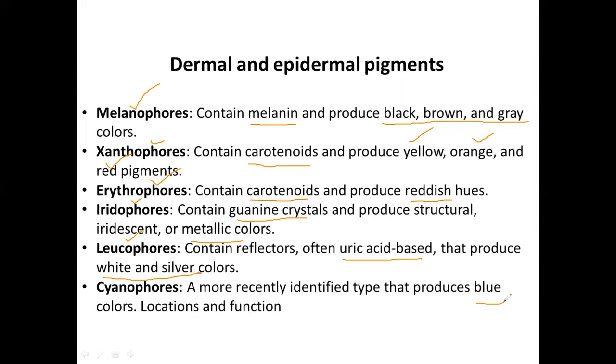So these are the different types of dermal and epidermal pigments. Melanophores give black, brown, and gray color, with the presence of melanin. Xanthophores give yellow, orange, reddish color, with carotenoids. Erythrophores give dark reddish color and have carotenoids. Iridiophores have guanine crystals and give metallic colors. Leucophores have uric acid based compounds and give white and silverish color. Cyanophores give the bluish color and have been recently identified. So this is about the different types of